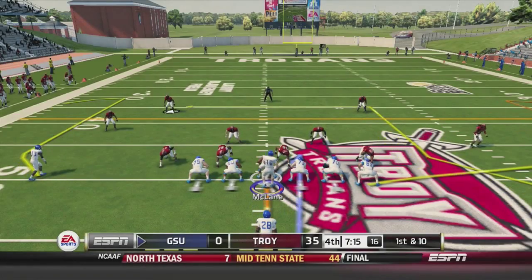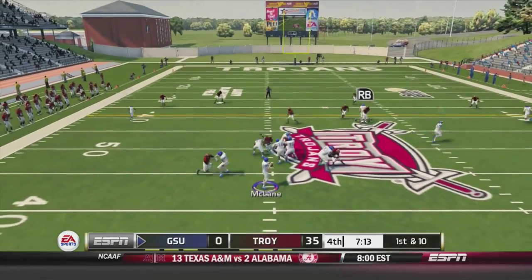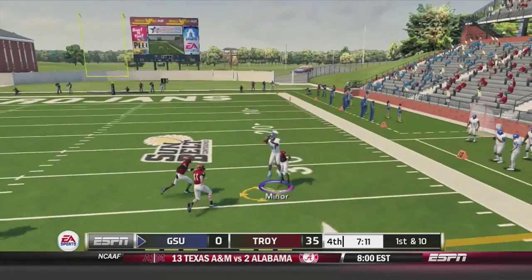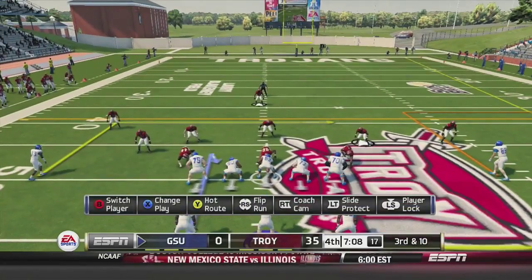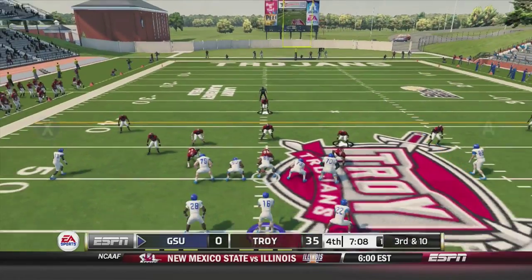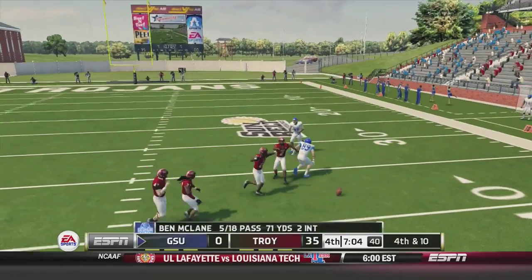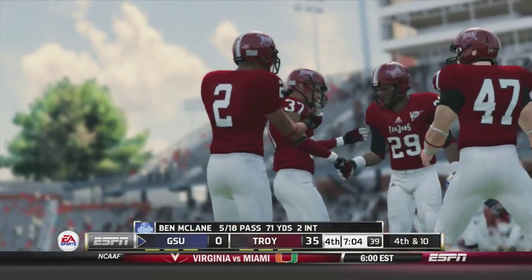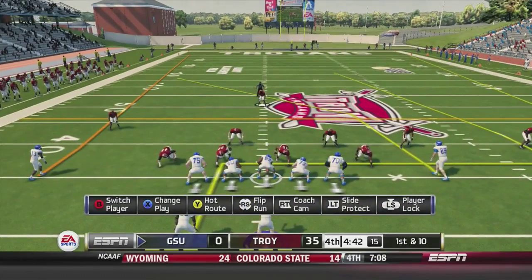Starting the 4th quarter, Georgia State on offense down 35-0. This game is all but over here, and Georgia State is just looking to put some points on the board so they don't get shut out. And there is a drop by Nate Miner. 3rd and 10 now. McLean out of the shotgun, looking to pass, and that one's dropped by Drew Pearson. That would have been a first down, and drops and turnovers have really been the name of the game today